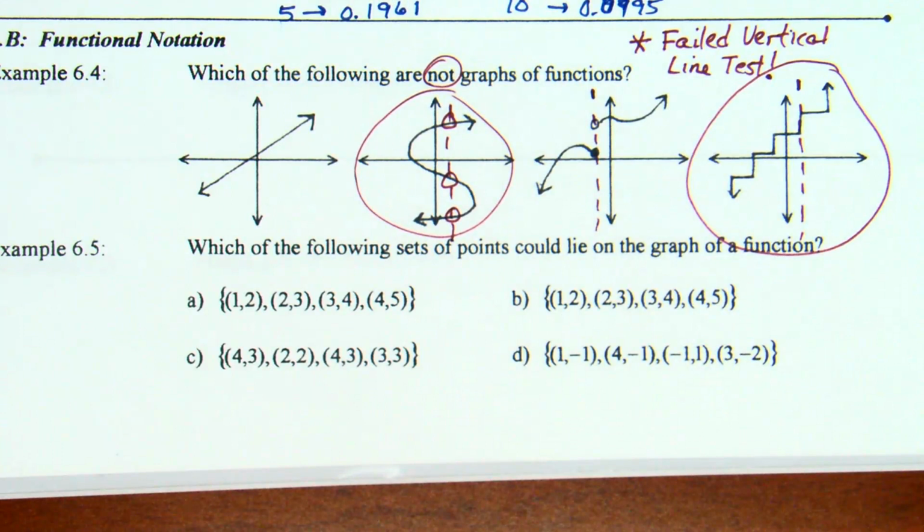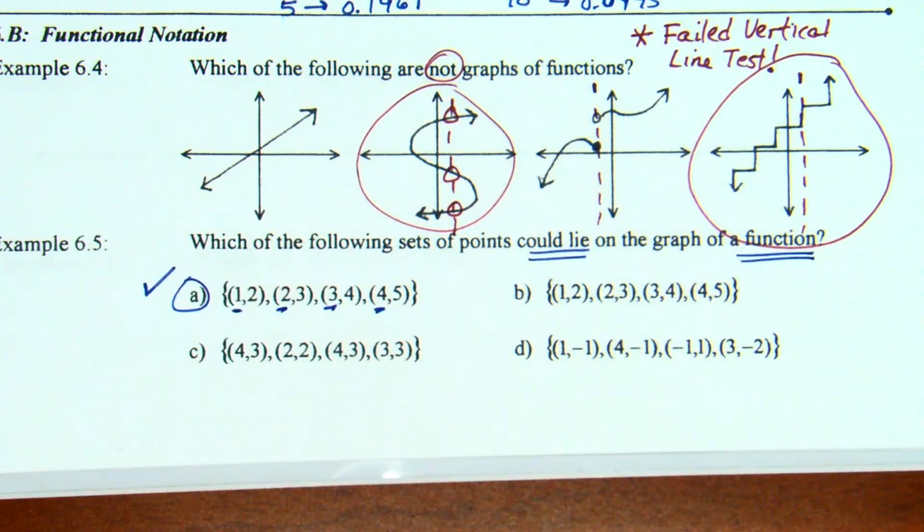And this does say could lie on the graph of a function. Oh, there is a typo. Okay. If you look at B right now, it's the exact same set of points, isn't it? Let's make that 3 and 3, 4 a 1, if you would, please. Knew there was a typo in this problem, I just couldn't see it. So, based on the typo, if my points are now 1, 2, 2, 3, 1, 4, and 4, 5,